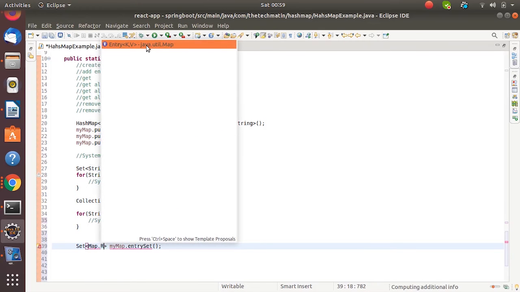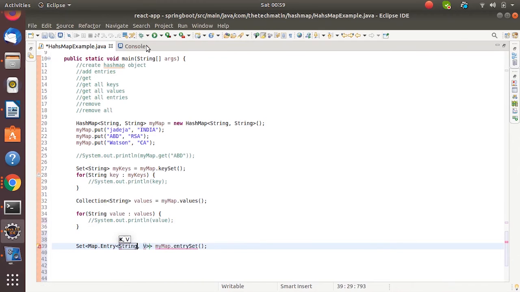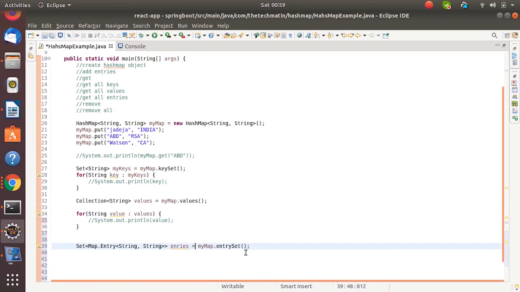We have to say map dot entry, and specify the type to avoid the warnings, and let's say this is entries. Okay, so we have all the entries in it.